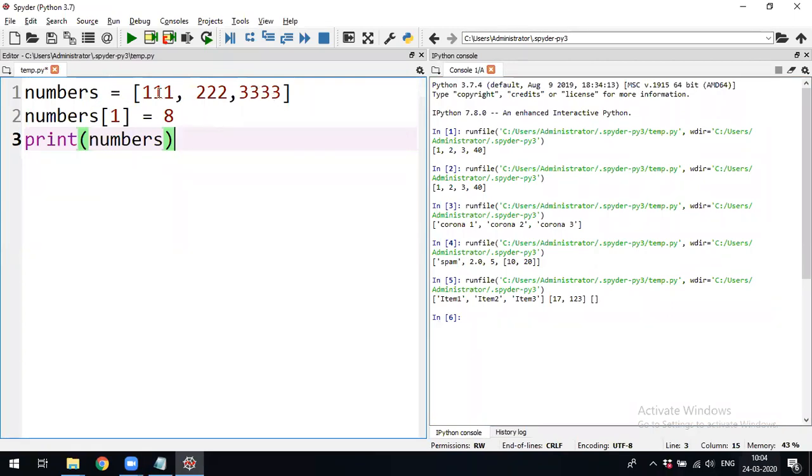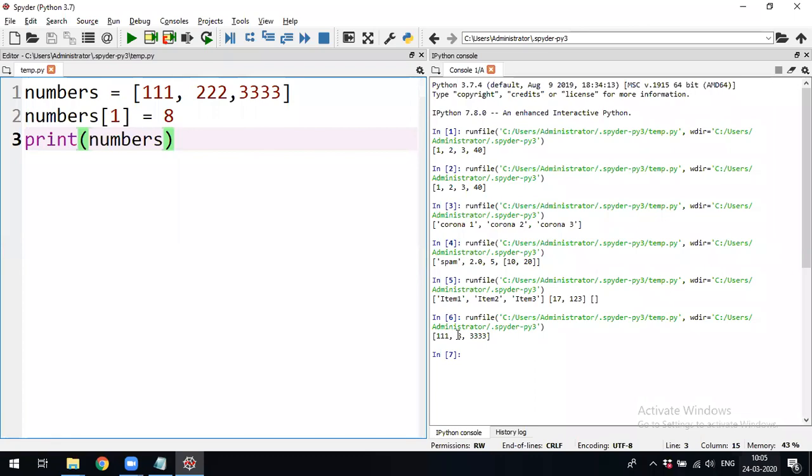This list is created once, and afterwards if I want to change the index, the number to 8, if I want to change that list, it is possible. See now, the index of the first element is 0, the second element is 1, and the third element is 2. I have changed the second element to 8, and if you print, the second element has changed to 8.